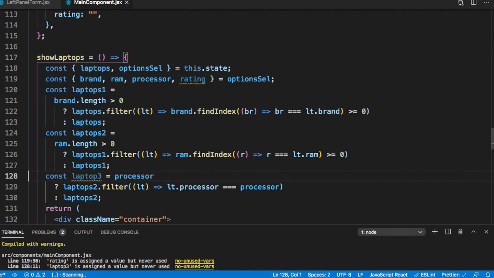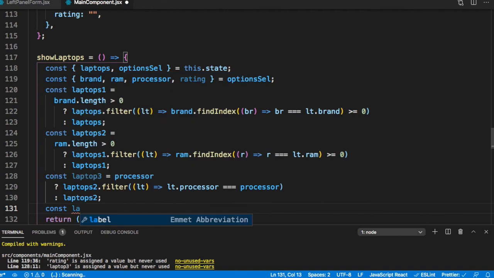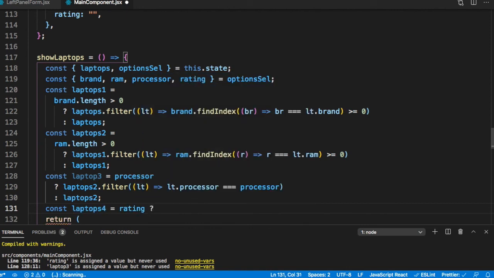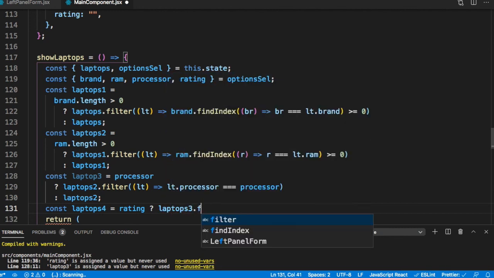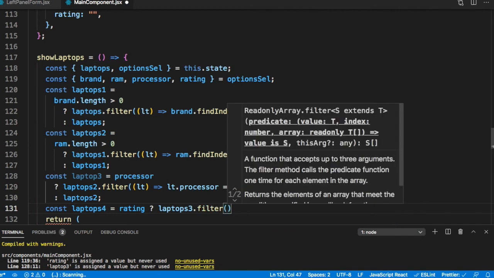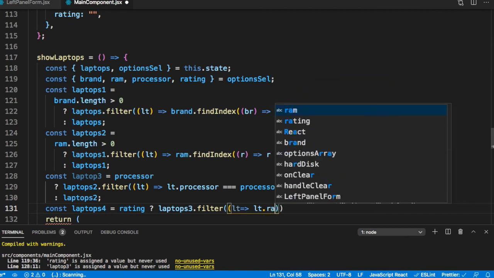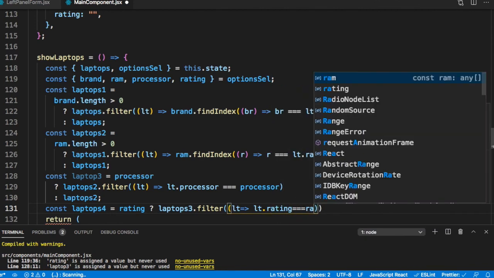Now once we have done that, we will do the same thing for rating. const laptops4 is equal to, now if rating is truthy, then only we will filter it. If it's an empty string, we don't need to. laptops3.filter(lt => lt.rating === rating).